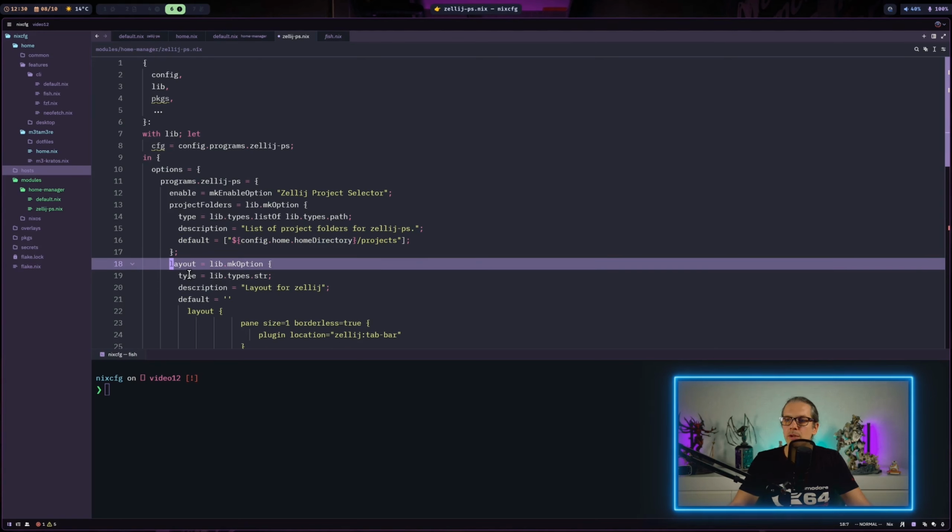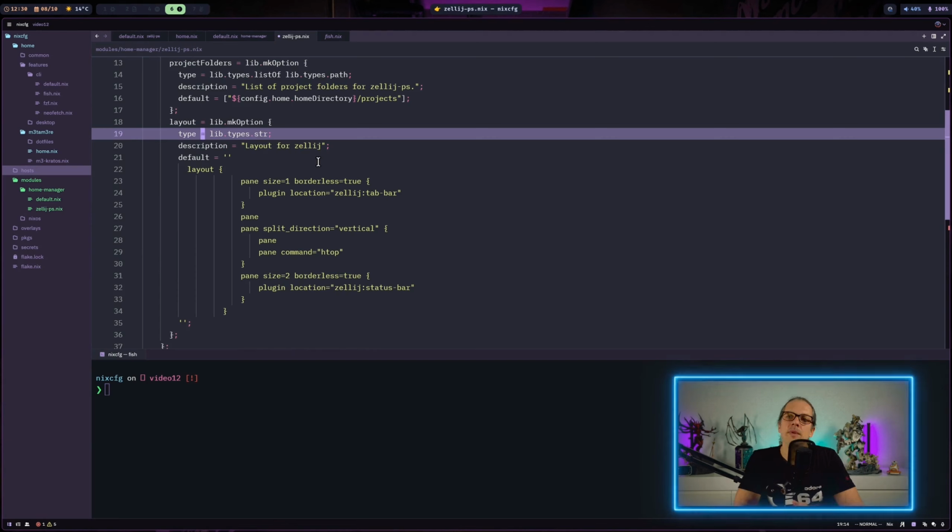What I also would like to add is a layout option. And I want the layout option to provide the possibility to create a layout file for Zellij for our purpose here, and not to be reliant on an existing layout file or on copying over a layout file.